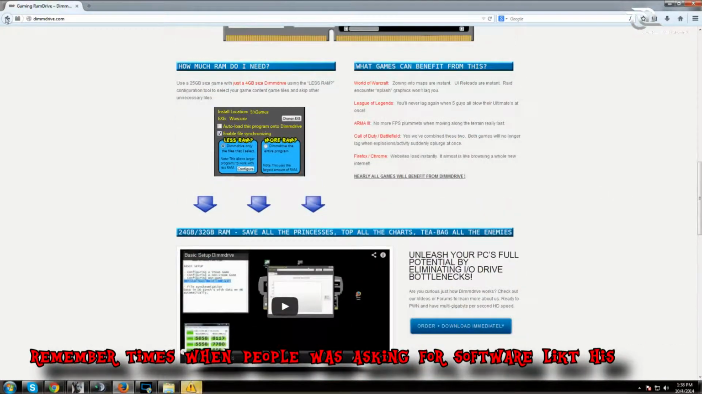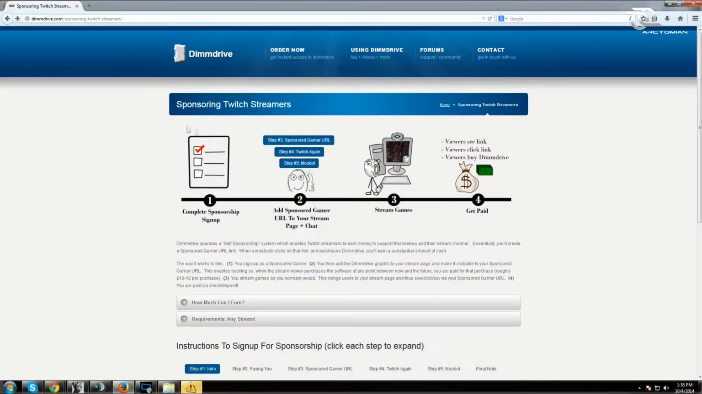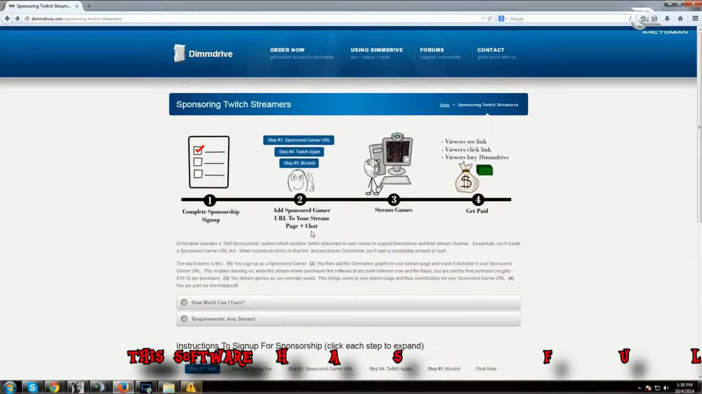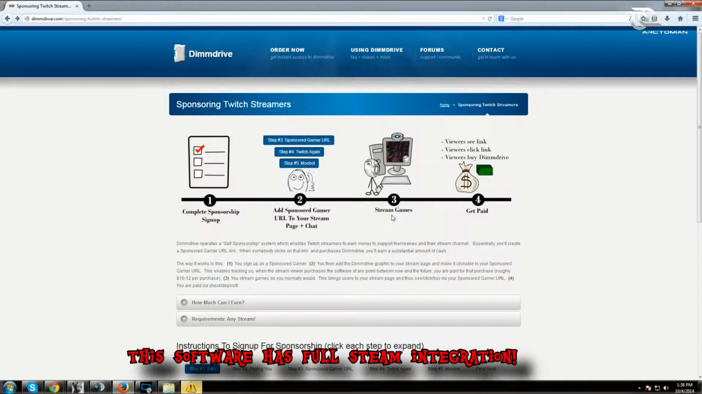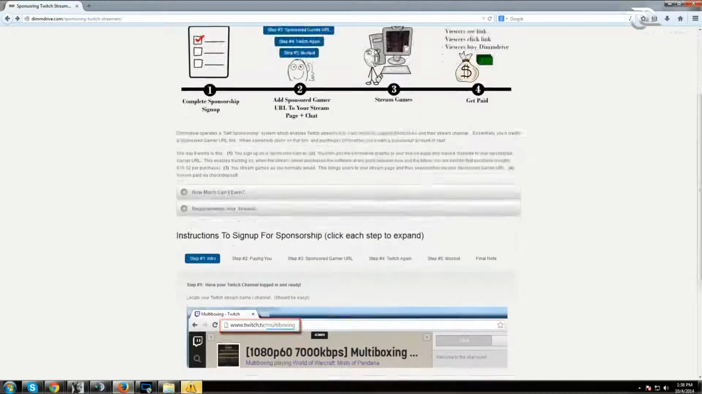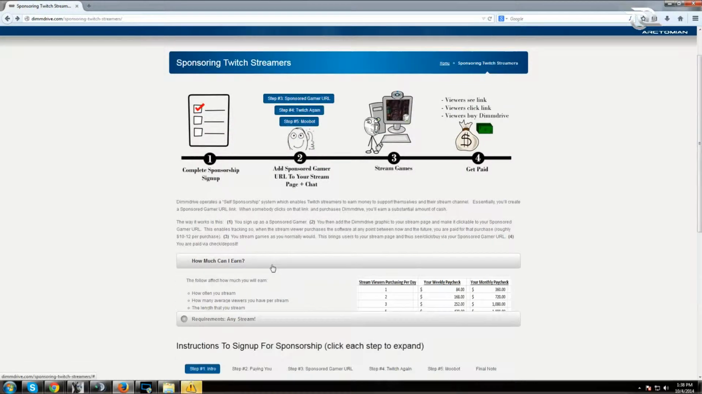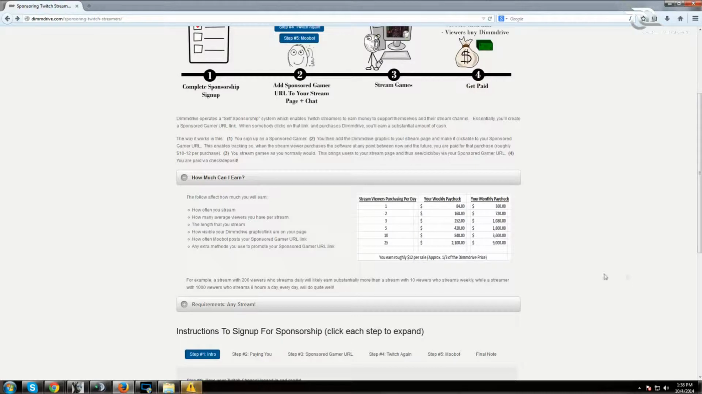Again, DimDrive has a sponsorship program and explains very easily how to get it. You need to sign up, add the URL to your stream page plus chat, stream the games, and then get paid. Viewers that buy DimDrive will automatically pay you as well. This is how much you can earn. Now, one buyer